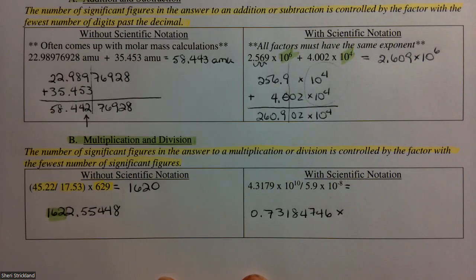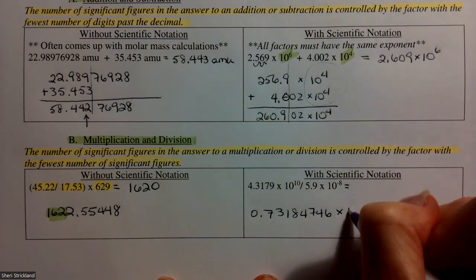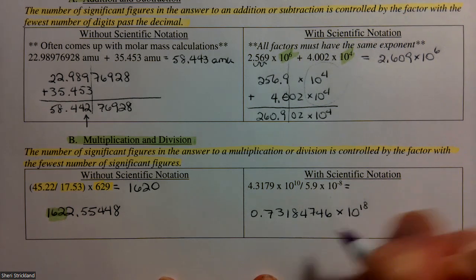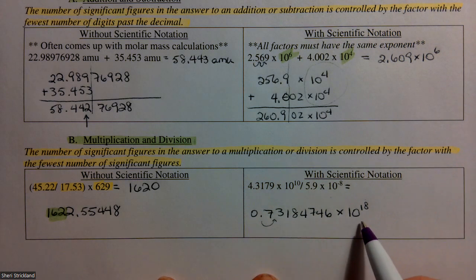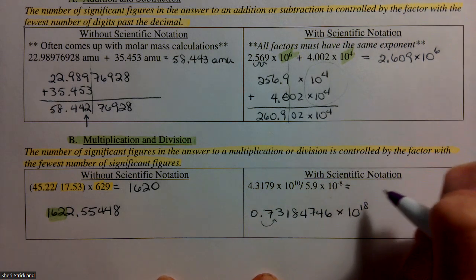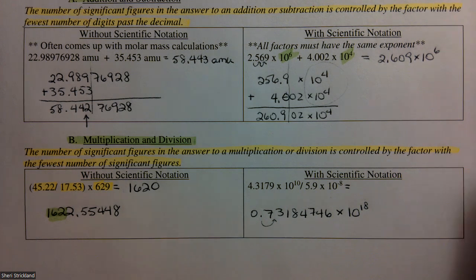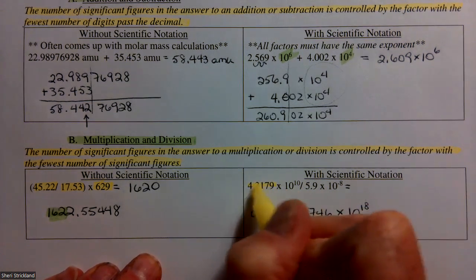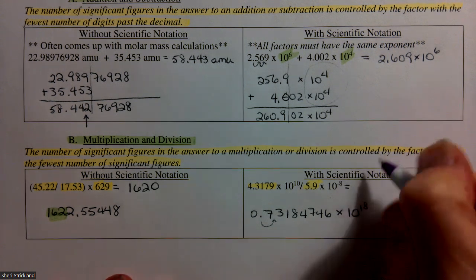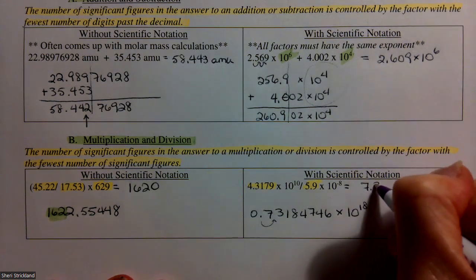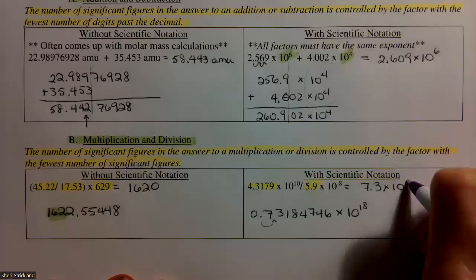Again, an impressive number of digits, times 10 to the 18th. But I can't leave it like that. I'm going to have to move it over there, make the number bigger, make this smaller. So, and I can only keep, well, let's see, 5 significant figures there, 2 there. So I can only keep 2. So it will be 7.3 times 10 to the